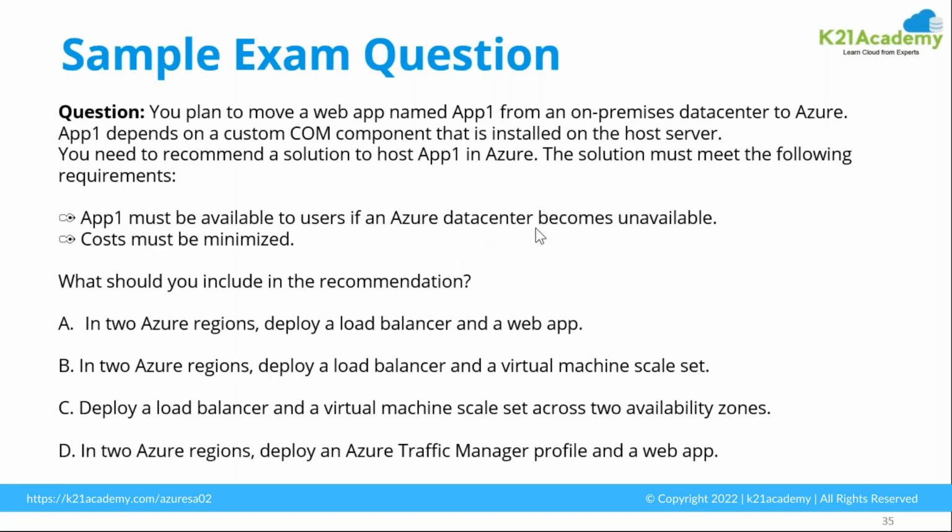It's a data center level failure requirement. It is not asking you to create a DR across regions, right? So this is the ask. Work on the ask basis, guys. We know that the other solution will definitely meet the requirement, because you would be available not only at a data center level failure, but also at a regional level failure. But guys, that is not the ask. Definitely in your business, you can provide that solution if your client is ready to pay for it. But guys, if the client doesn't have a budget, you have to think from the cost perspective. The minimized cost requirement was there. The first 2 were definitely not a choice, because those 2 are talking about 2 Azure regions over here,